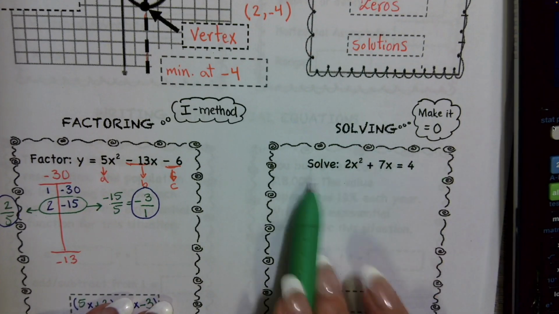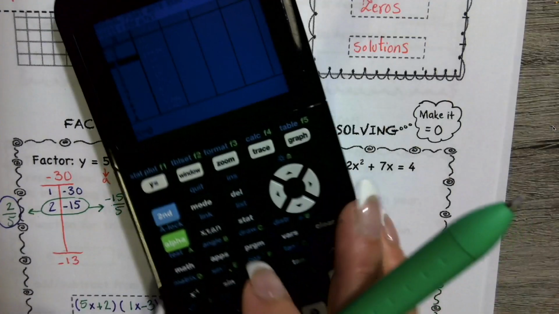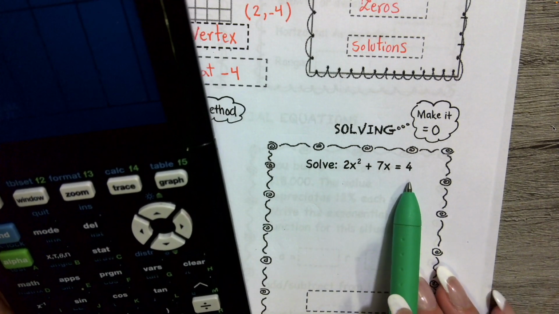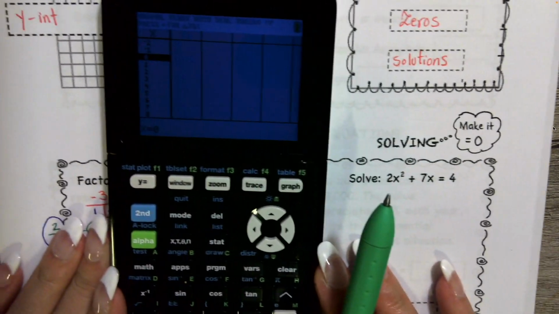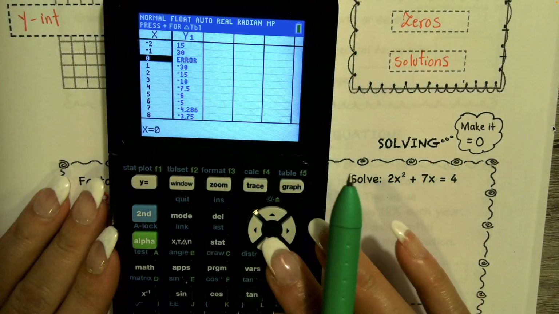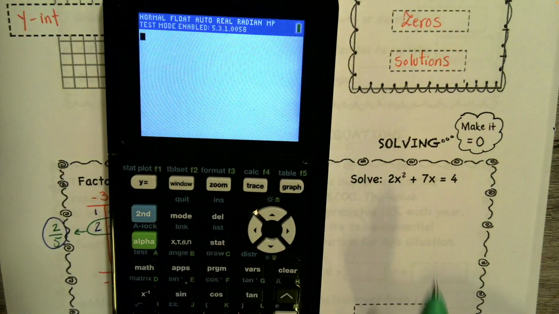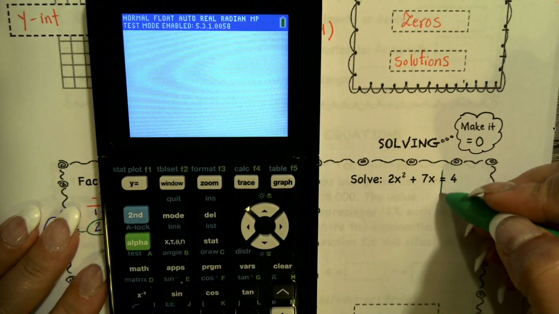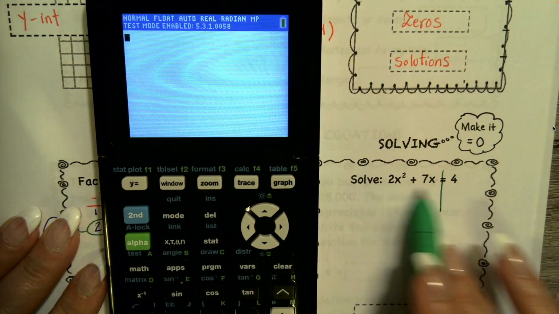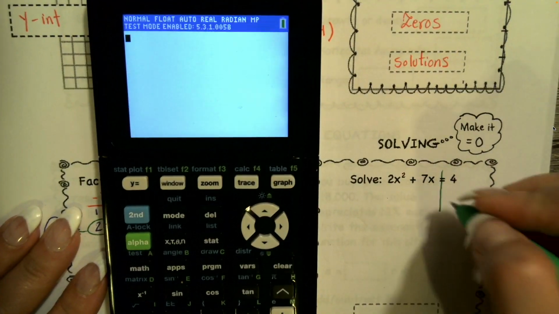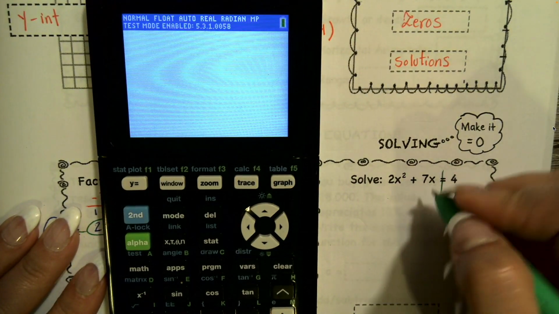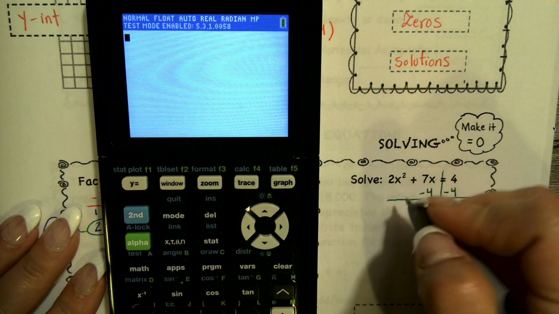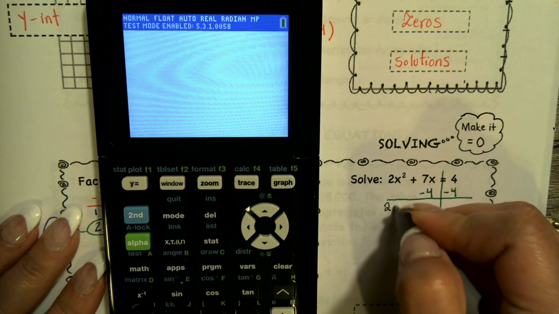So when they say solve this, you simply come over here and you do this. You say, okay, first I have to solve this and make it equal to 0. How do I do that? I subtract negative 4 from both sides. Therefore, I would have 2x squared